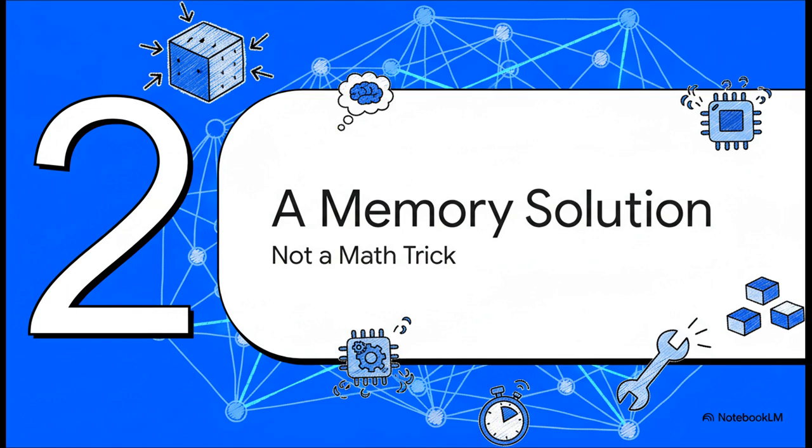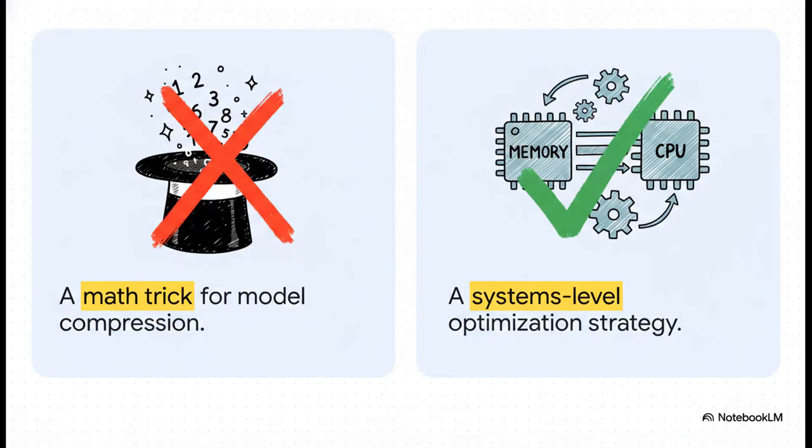We have to stop thinking about quantization as just a clever math trick to make models smaller. We need to see it for what it really is in a production environment. You've got to make this mental shift. The common view, that quantization is just about shrinking a file on your hard drive, it totally misses the point. The reality is, it's a systems-level strategy. It's about fundamentally attacking that memory bottleneck when the model is live and running, dealing with data in motion.